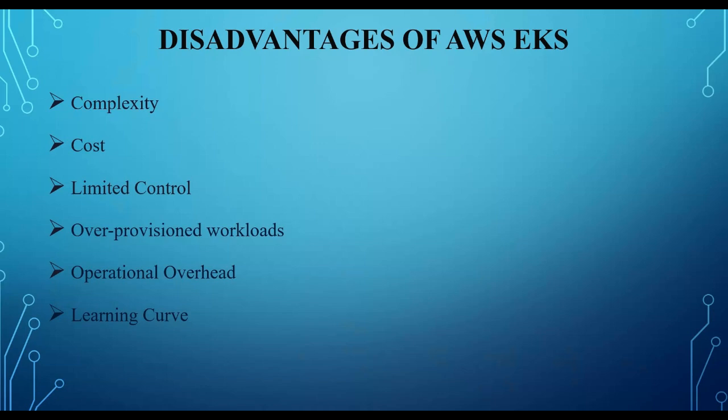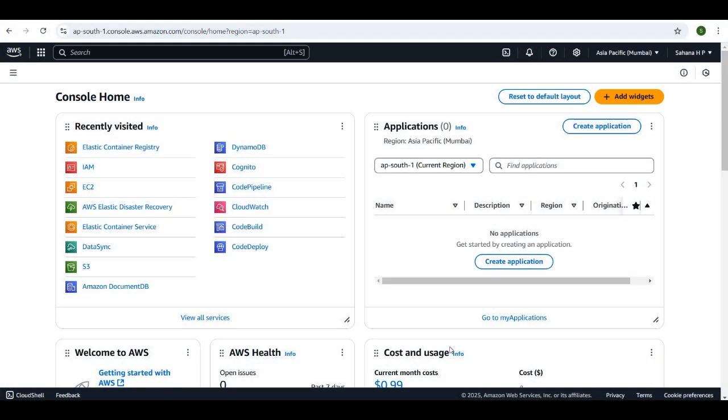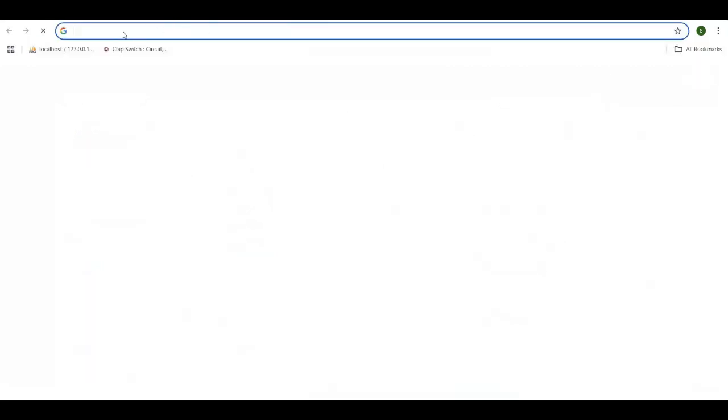So let's move to the demo and see how it works. Here we will see the demo part of the Elastic Kubernetes Service. Before going to EKS, we need to install some tools. In the theory part, I have already told what we need to install. So we need to install